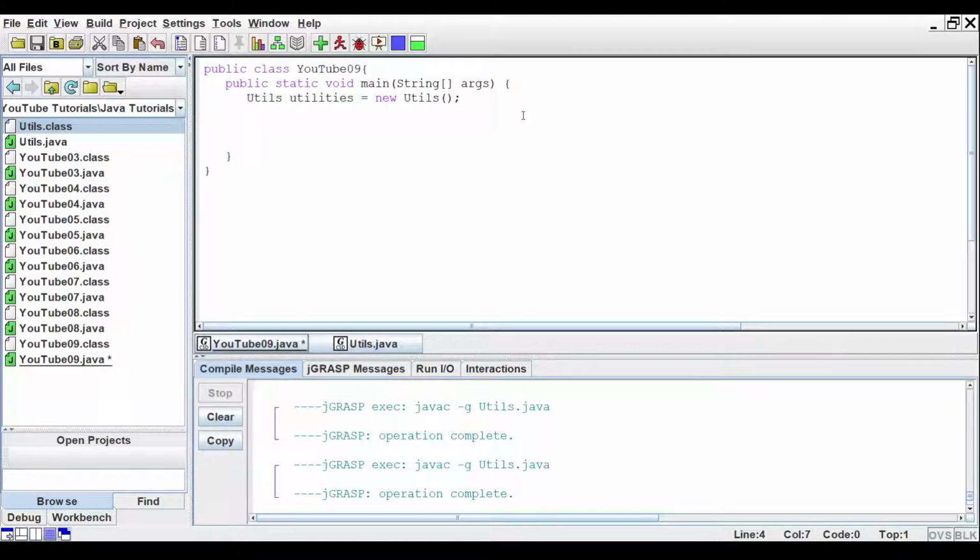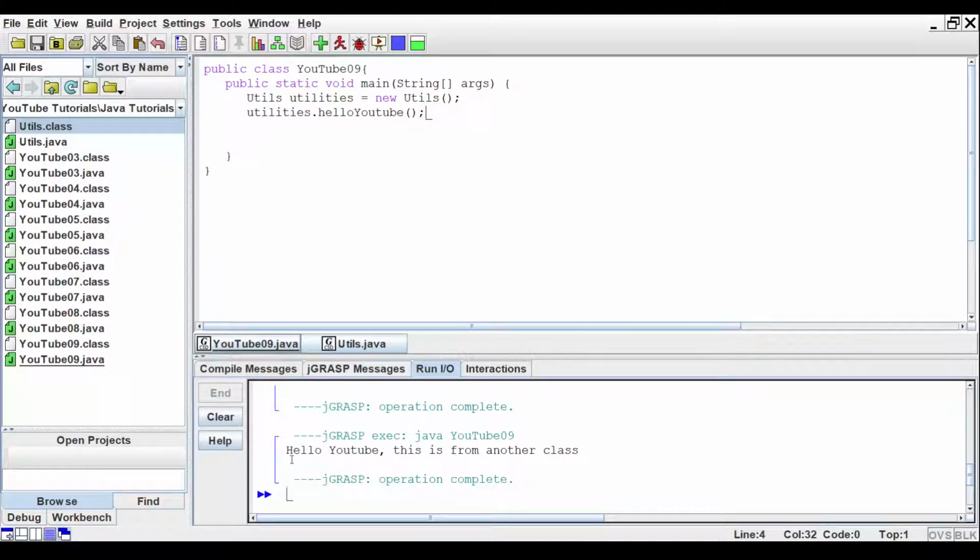So once we have that in place, we can go ahead and access that method that we wrote. So utilities dot, and whenever you're trying to access something in an object, you need to call that object first, and then we put a dot, which lets us know that this is in that class file. And we type in helloYouTube, parentheses. Okay, so we can compile that and make sure it compiles. Completed. Okay, so let's go ahead and run it, and then we get the text message that we wrote in the utils